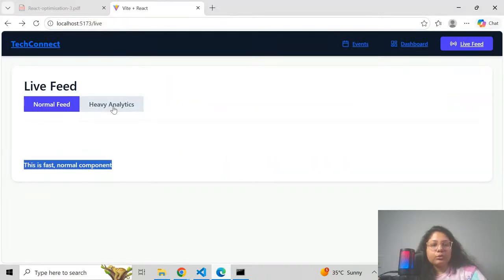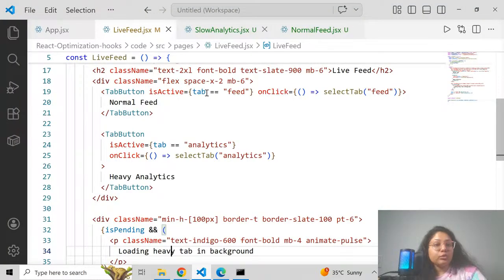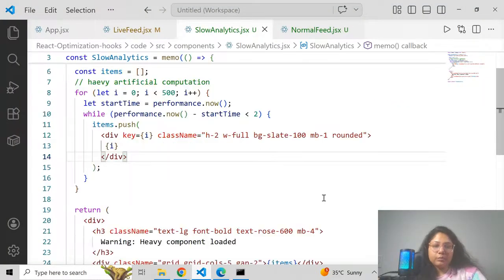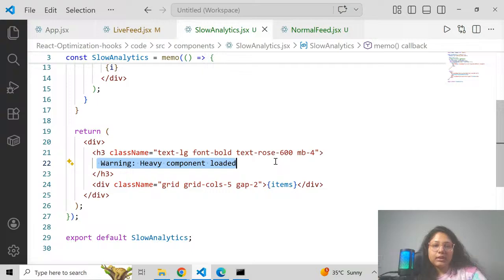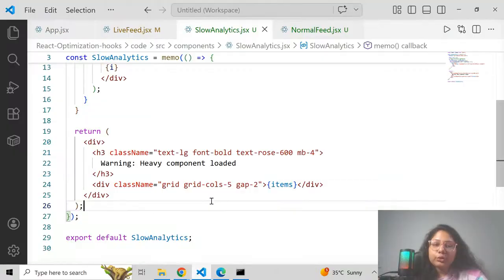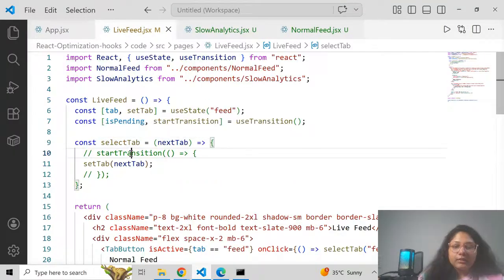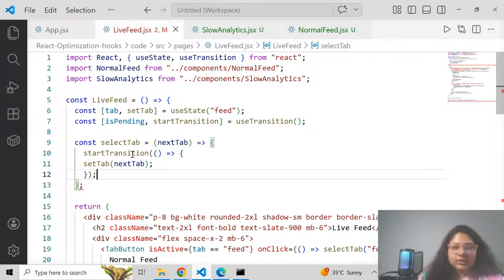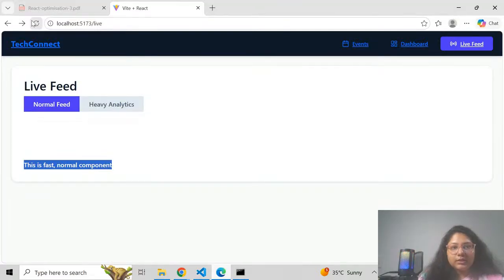If I go to heavy analytics now, this slow analytics basically will take its time for this piece of code to be executed, and it will give me this heading and this data. And in between, if I want to switch back to normal feed, I will be able to do it now. That is because of this startTransition. Now let me enable this startTransition